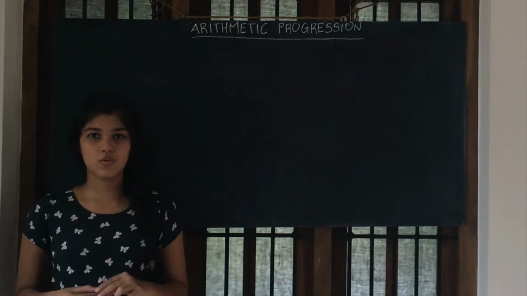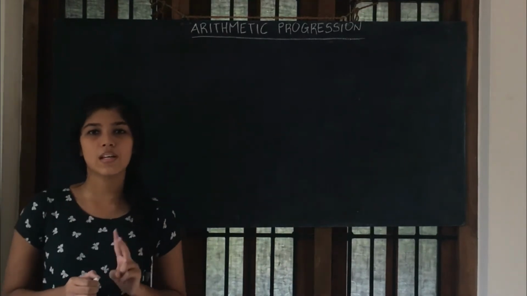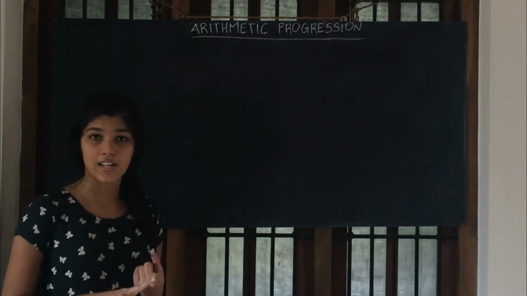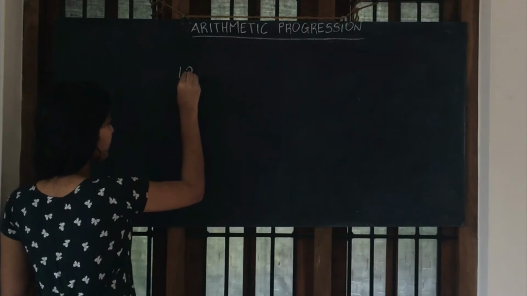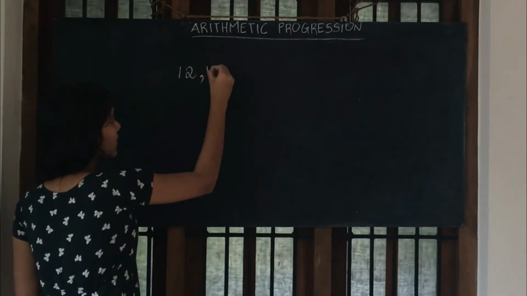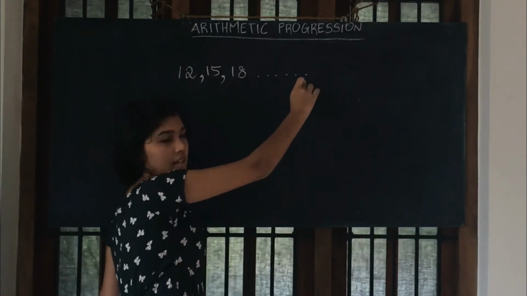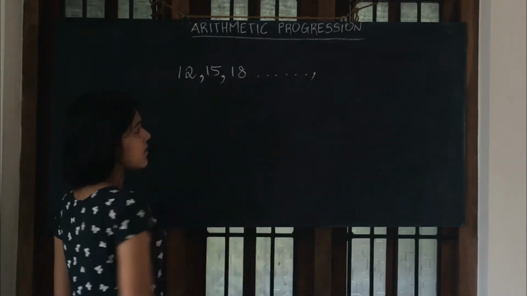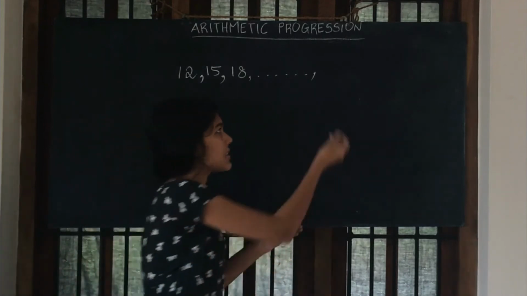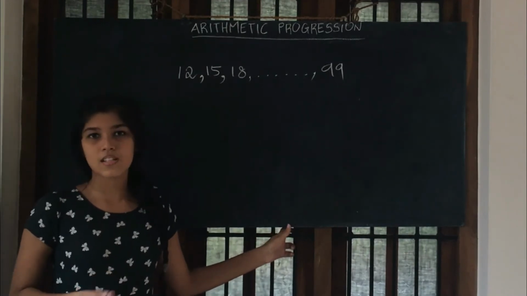In the question we have two clues. The first one is that two-digit number. The second clue is divisible by 3. So we know that the first two-digit number which is divisible by 3 is not 10, not 11, but 12. The next two-digit number which is divisible by 3 will be 15. Then it will be 18. Here there will be so many numbers. Then the last two-digit number which is divisible by 3 is of course 99. 99 is the last two-digit number, and it's obviously divisible by 3.